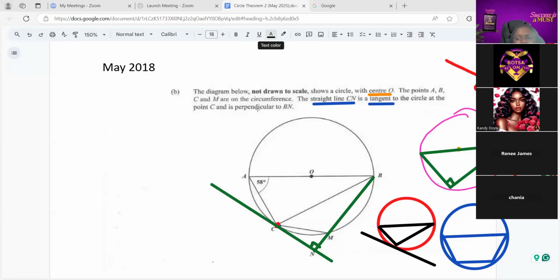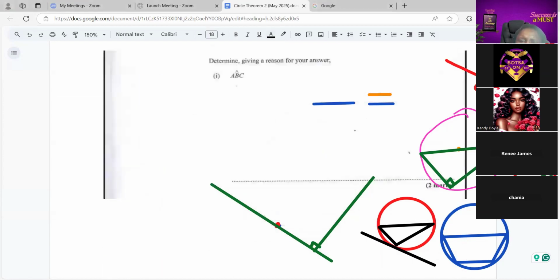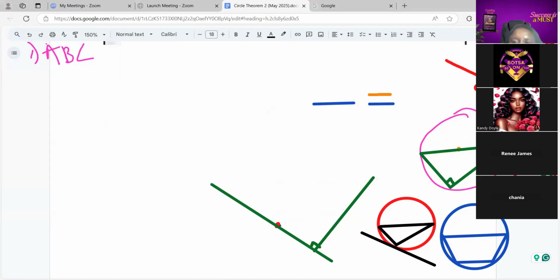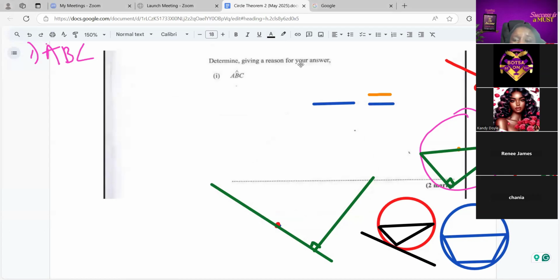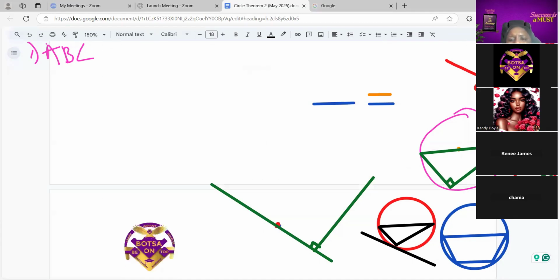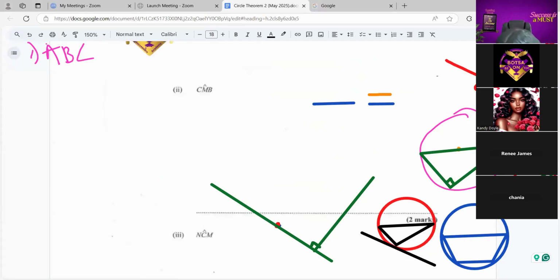Okay, so I need to figure out what are the angles they want us to find. I just scroll down to find them. So they want us to find angle ABC. I'll write them on the screen and then I'll head back up. So we need to find angle ABC. What else? For 2 marks. And it said give reason, eh? So normally you would get 1 mark for your angle, the size of the angle once it's correct, and 1 mark for your reason. Your reason is what rule or rules did you use to figure out the size of that angle. We also have to find